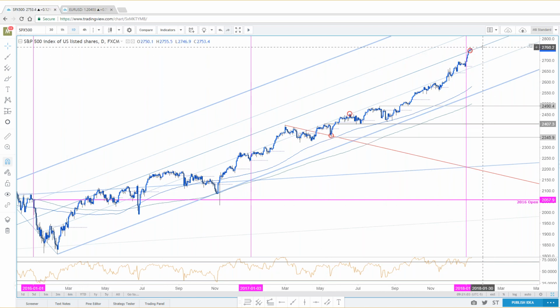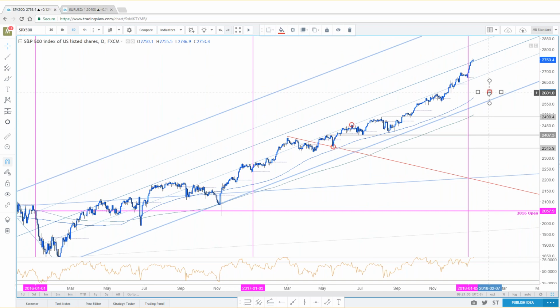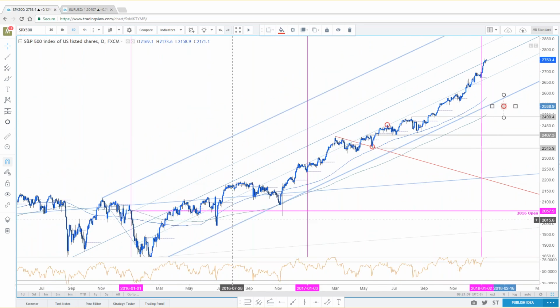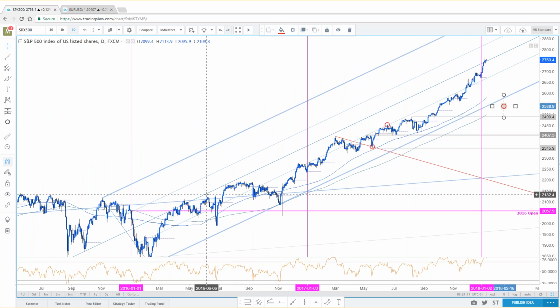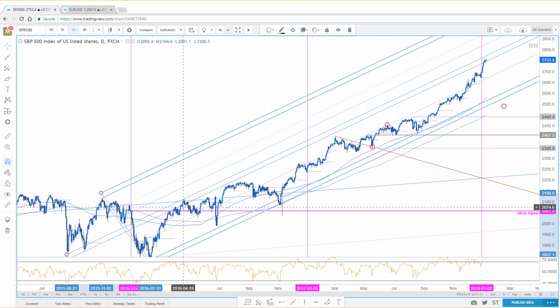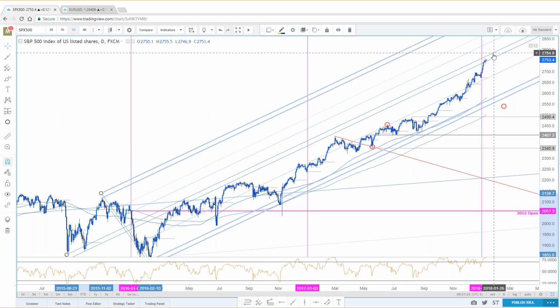Now, we're probing through this now, and you might think to yourself, well, Mike, isn't that a breach of the median line? It's offering support. Shouldn't we be looking higher? Typically, yes. But if we were to take a parallel and extend it off that late high we made right here in 2016 in April, you can see that that gives us a median line that comes in just higher from where we are right now. So look, guys, there's nothing necessarily to put a dent in the equity market rally. We have to look at things and keep things always in perspective.